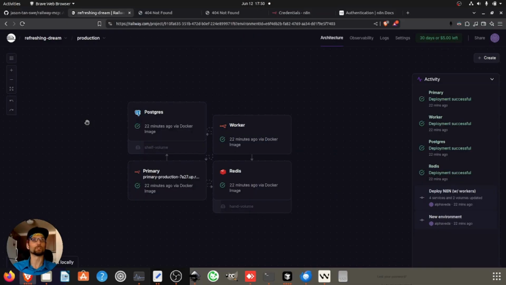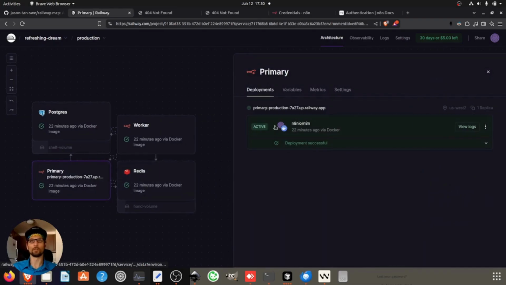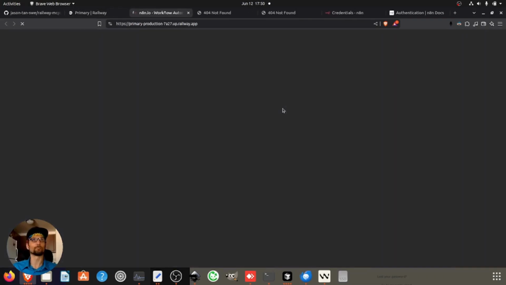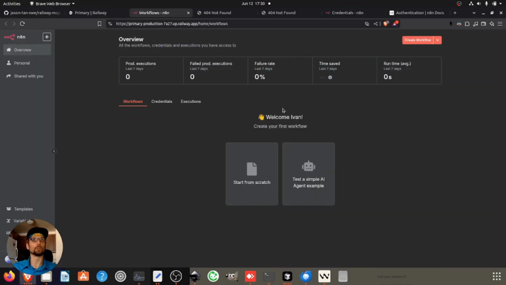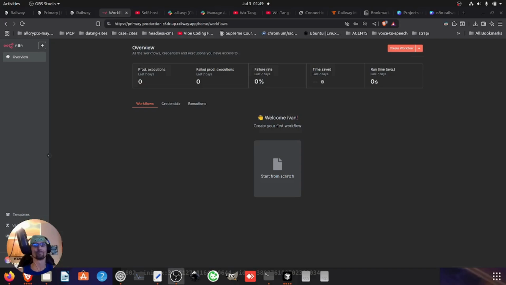Okay, so once you get in, you'll see your 4 nodes here. Click the primary node, and this link right here is to your server. So click on that, and it will take you straight to where your n8n is set up. Okay, so from here, I'm going to head back over to Railway,